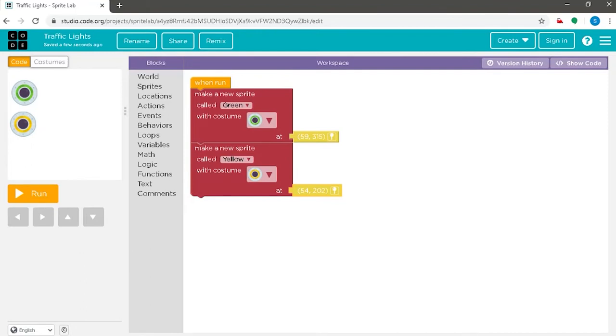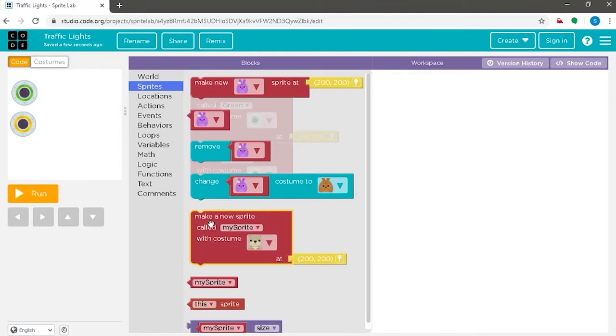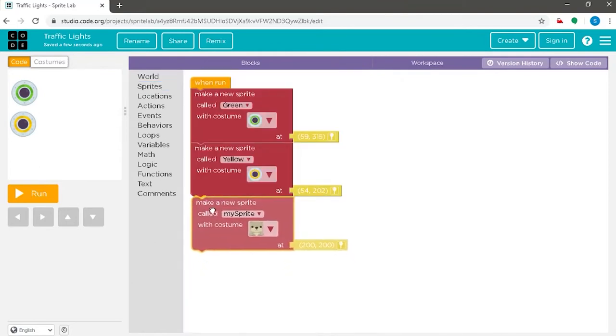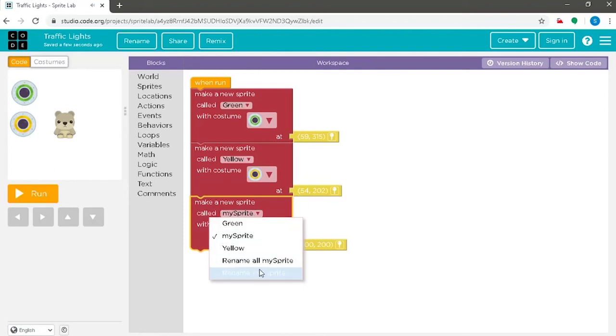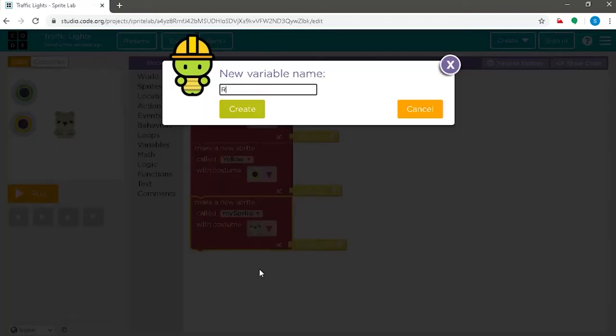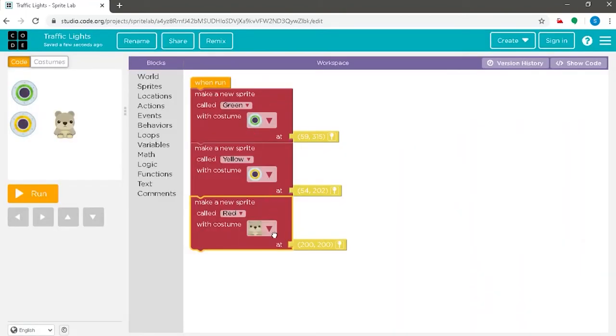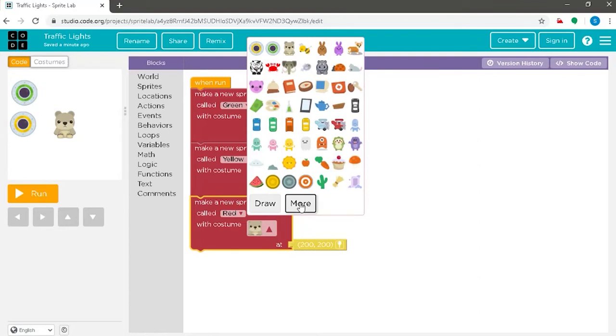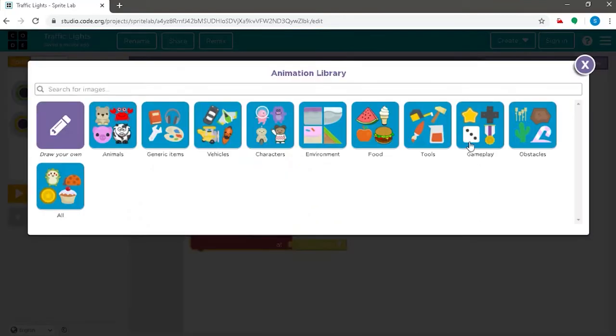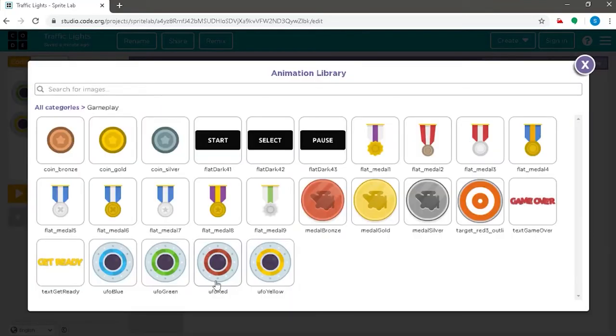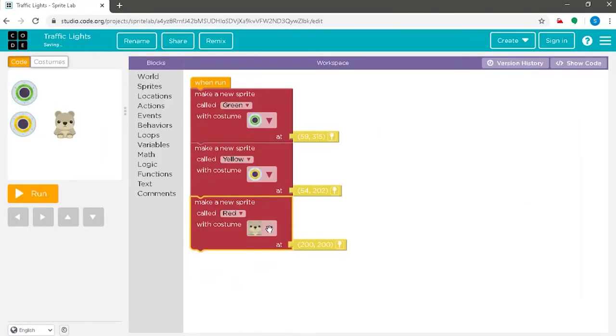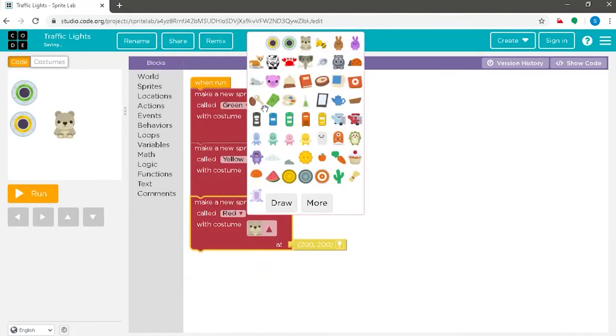We will follow the same steps for creating the red light. That is, we will be going to the sprites category, drag the make new sprite and assemble it, rename the sprite to red and create it. For the costumes, we will be going to more, again to gameplay and select the UFO red, and here we will be changing the costume.